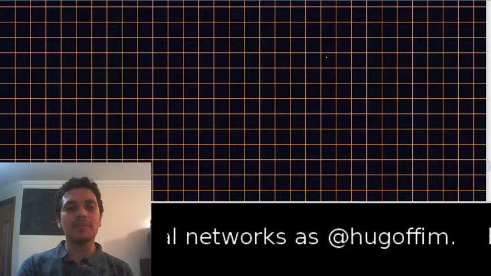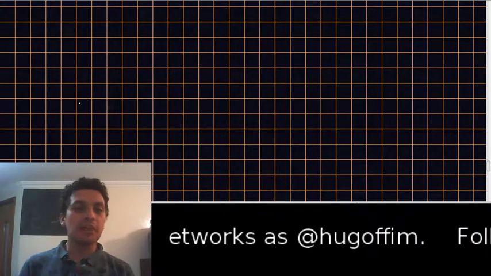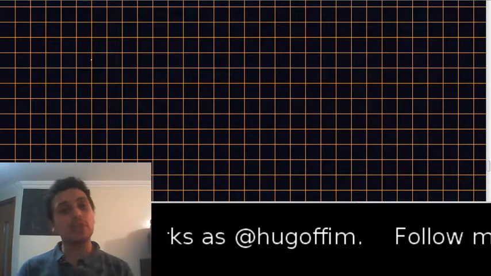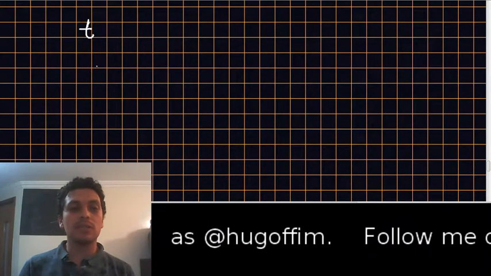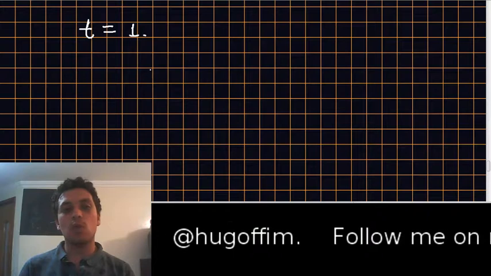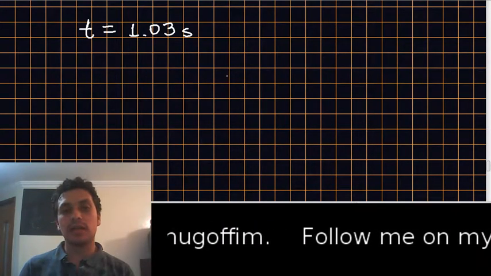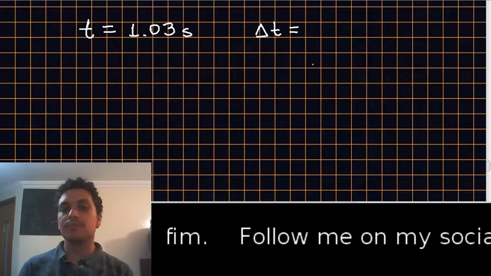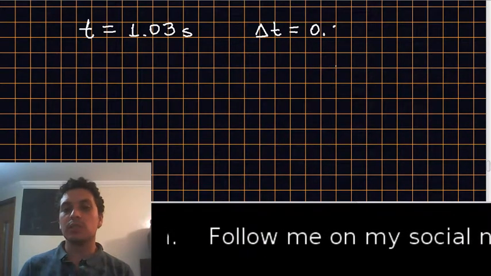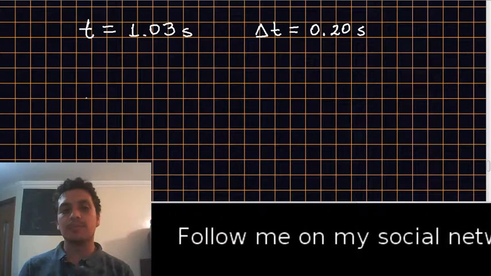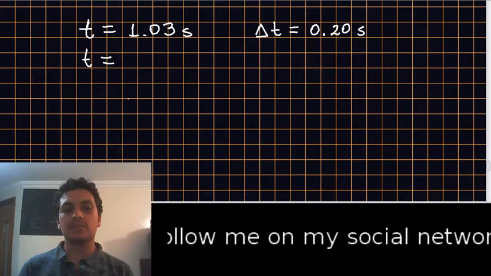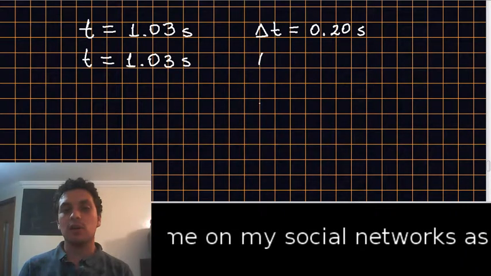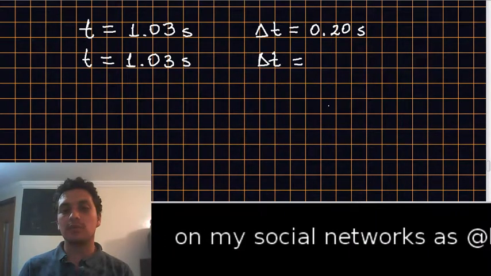Now, what will be the second factor? Let's say that, yes, we did many trials, okay? But when we apply the many trials, we found out that the time, one of the times is 1.03 seconds with an uncertainty of 0.20 seconds. And in the other case, we have 1.03 seconds with an uncertainty of